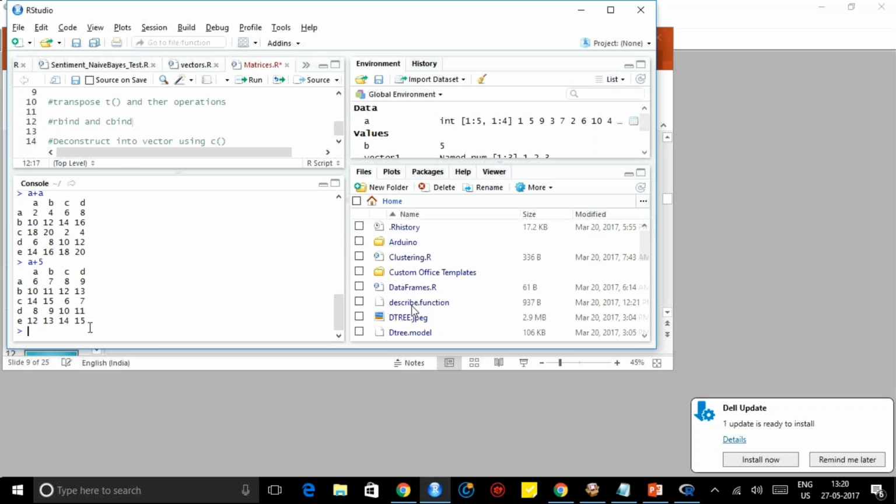Okay, so next is matrix multiplication. So we'll try. Here it is 5 cross 4, right? A is a 5 cross 4 matrix. Just try A into A. What is happening is one-to-one mapping. The individual elements are getting mapped. A was 1, 2, 3, 4, right? One-to-one multiplication. But this is not real matrix multiplication, right? So what can you do?